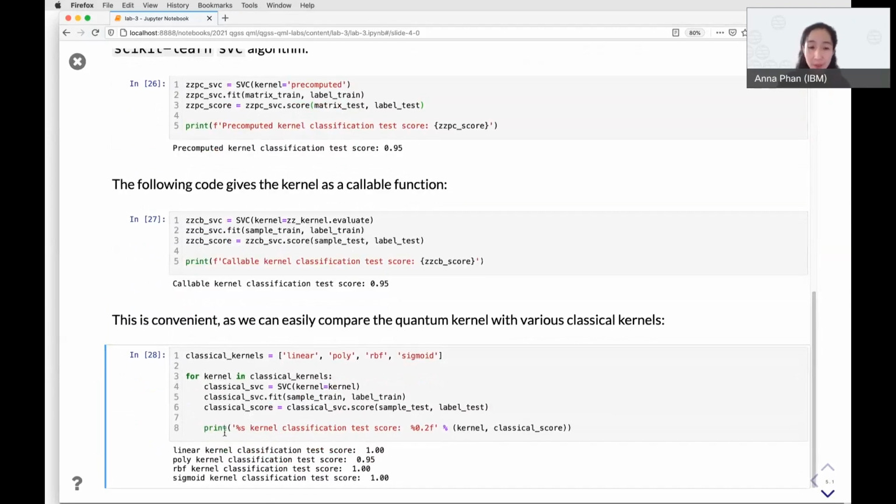This code just loops over these 4 kernels and applies the classification algorithm using them, and then scores the test set. And you can see that the classical algorithms perform at the same accuracy or even better than the quantum kernel.